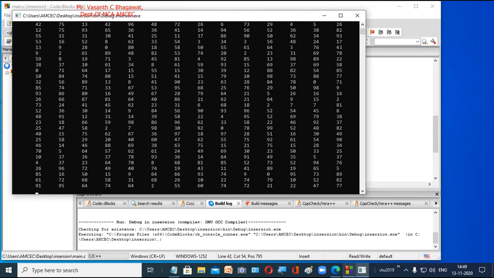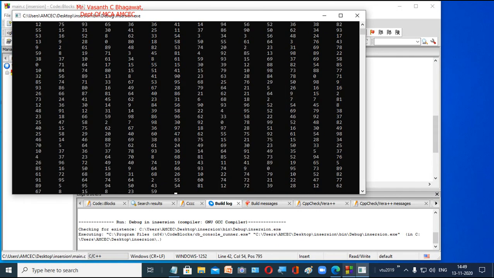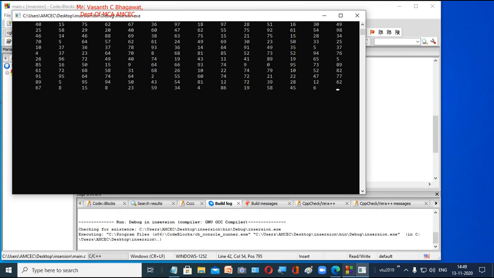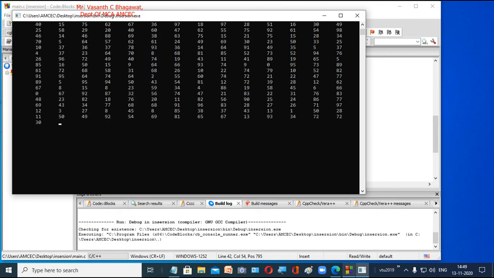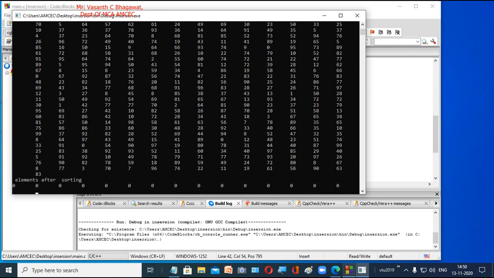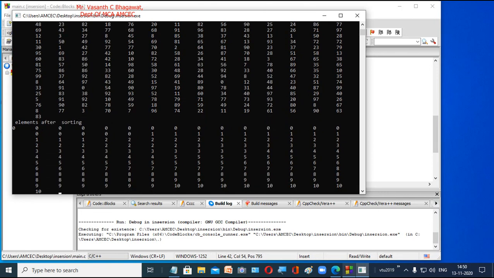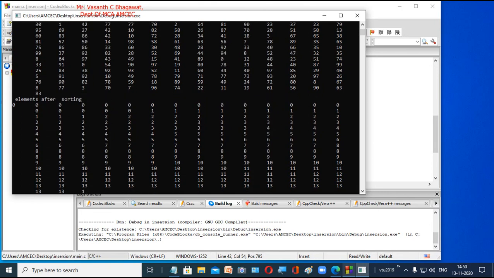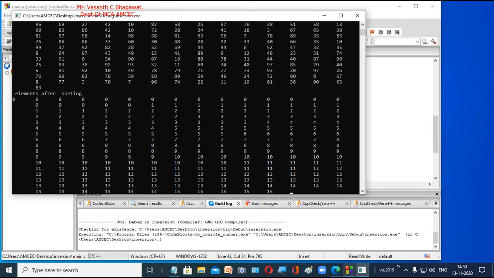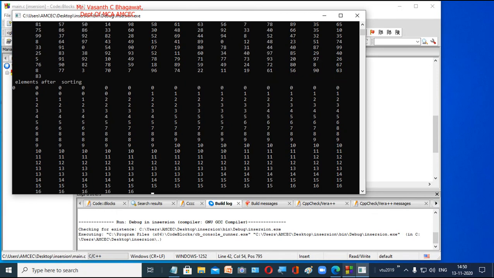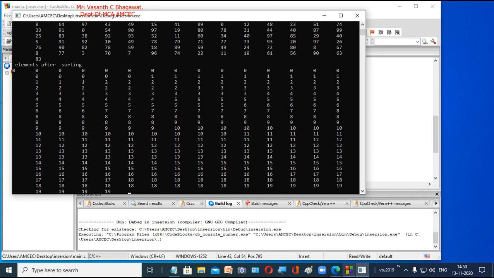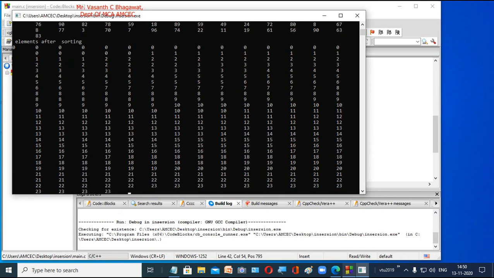Still it is generating, because we have given a huge number and this system is also very slow. First it has to generate 1500 numbers randomly, then it tries to sort them. Yes, now the sorting process is happening. Sorting is already completed, but we are displaying the sorted output from our array. It should not take this much time.